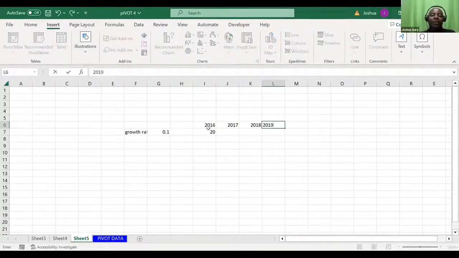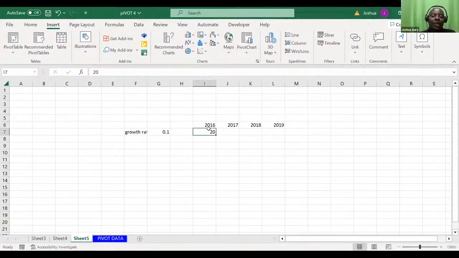So then he tells you that the 2016 price is 20 more. But he's telling you that the growth rate is 10%. The growth rate is 10%, right? Then how will I be able to run with this thing? For now, I'll show you the local way.